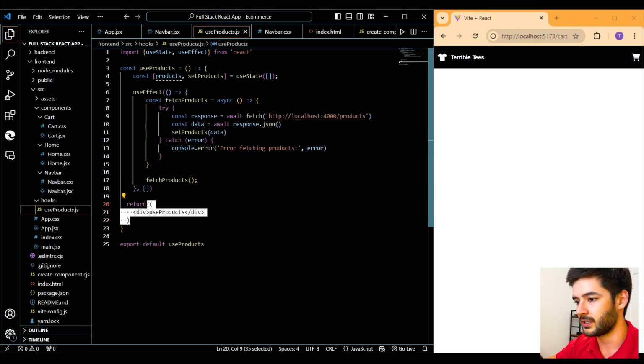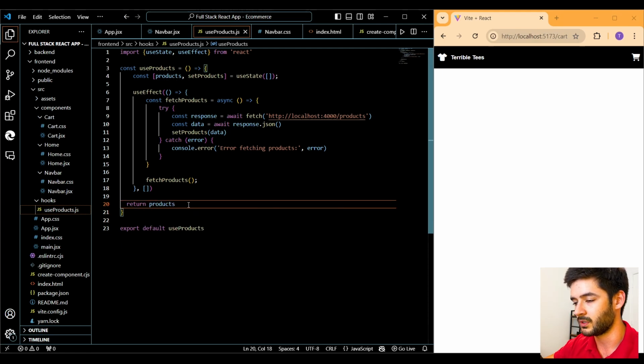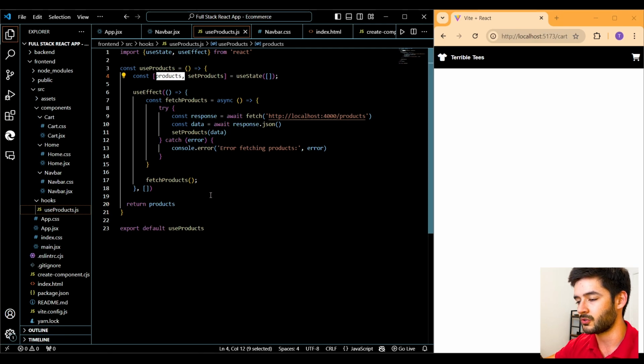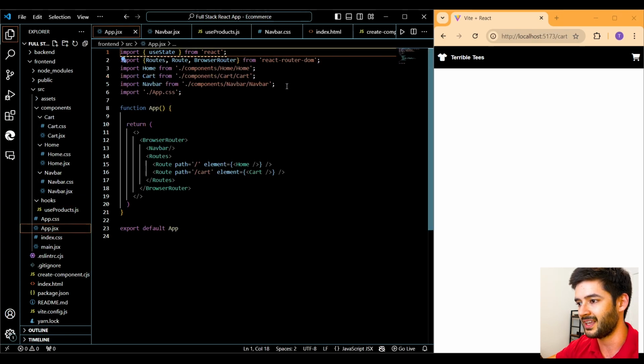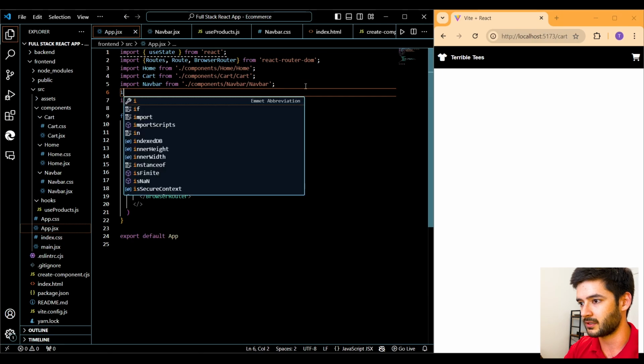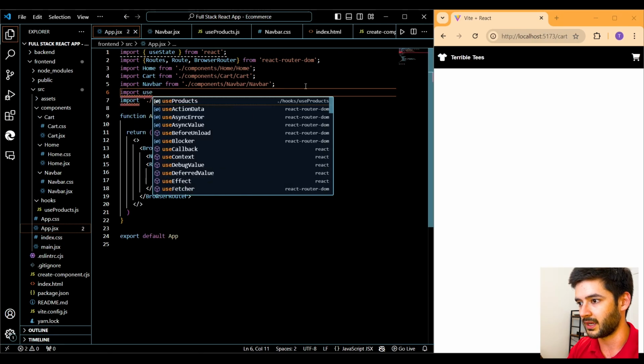And instead of returning this div, what we want to do is return our products, which again is going to be this variable here, which is now storing all the information from our database. Now I can go back to my app.jsx, and I can successfully import this into my app.jsx using just the normal imports again, and I want to import my useProducts,